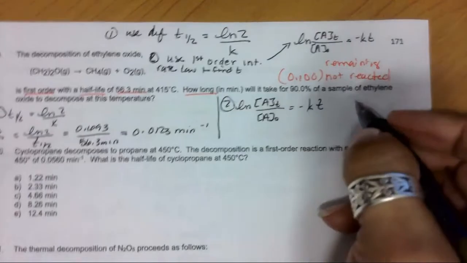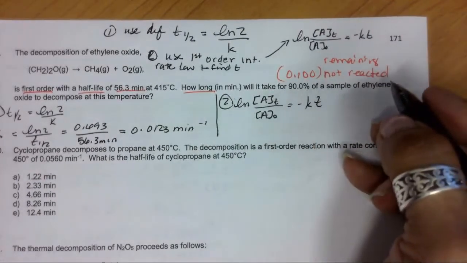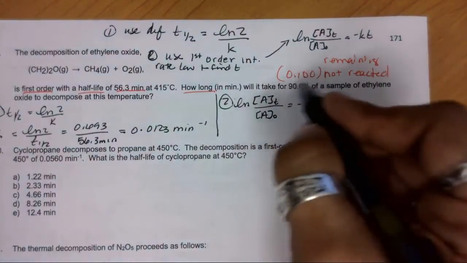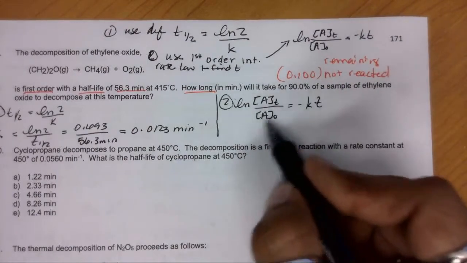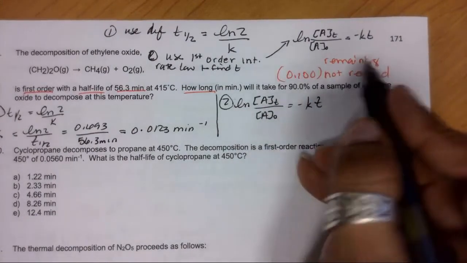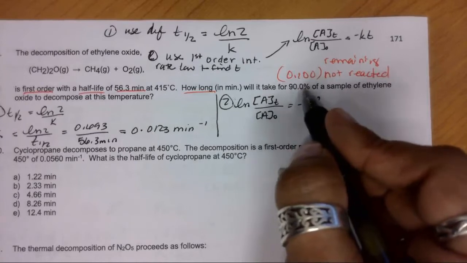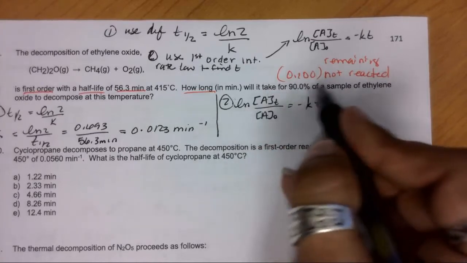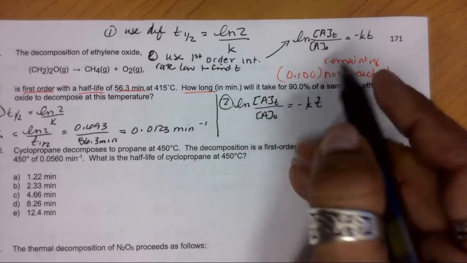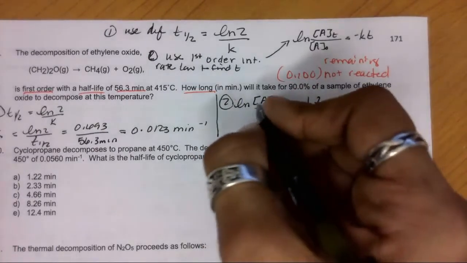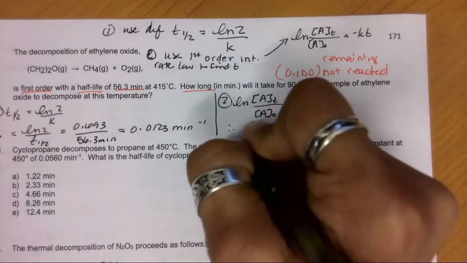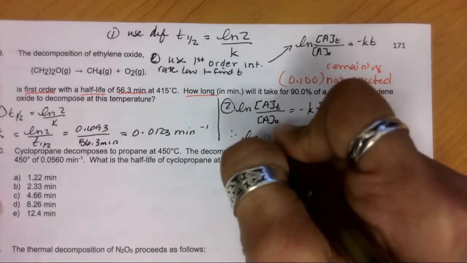Okay. Now look, we just have to solve for time here, but we know what the log is that we're going to take. What is this ratio? It's the fraction not reacted. We were told 90% did react, or how long it will take for this to react. That means that 0.10 didn't react, right? So therefore, we can say that the natural log of